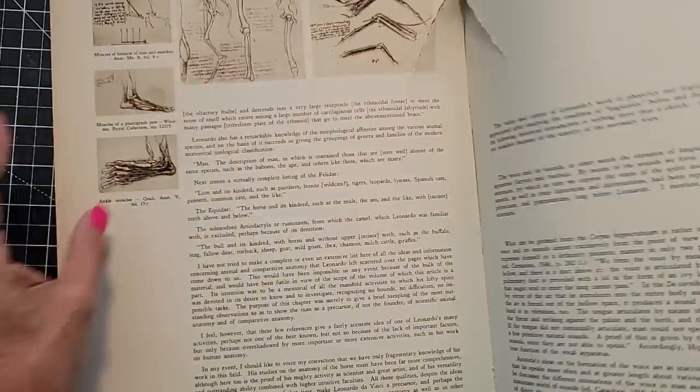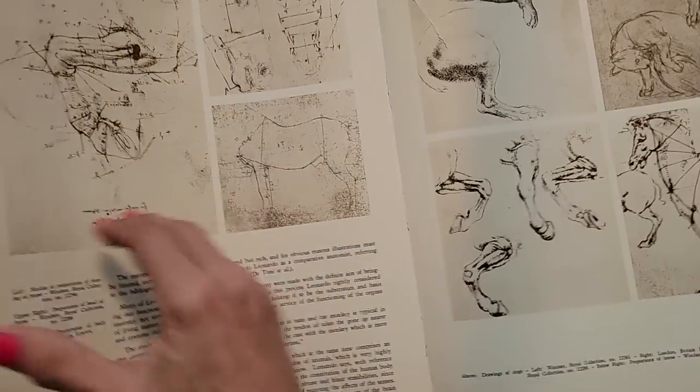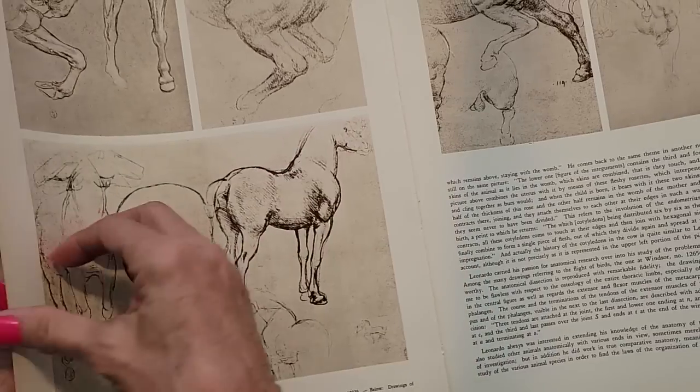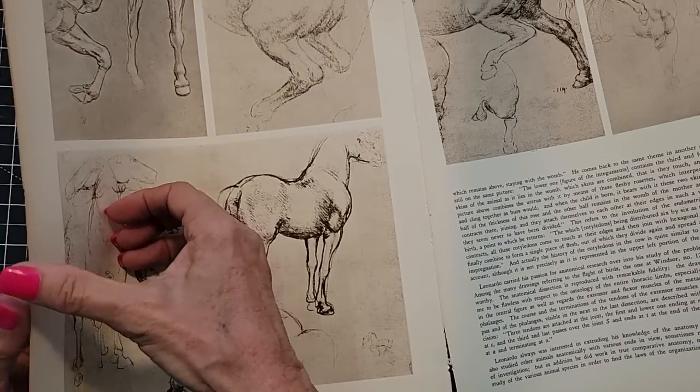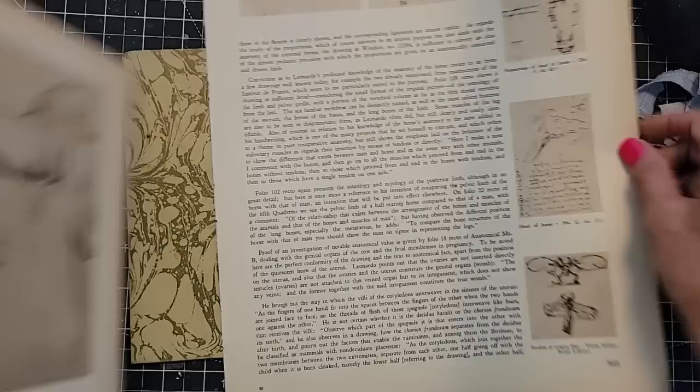But this one has a lot of text on it, so maybe I'll take this one. And this one's not bad too. Let me just see if I can find one. What I want to do is a simple wraparound on the insides. And the insides of this book, this is a nice page,